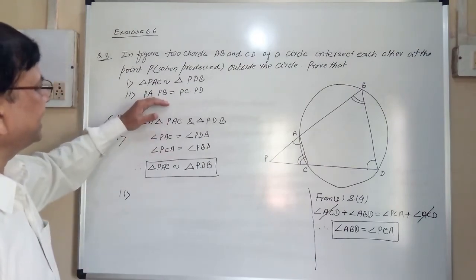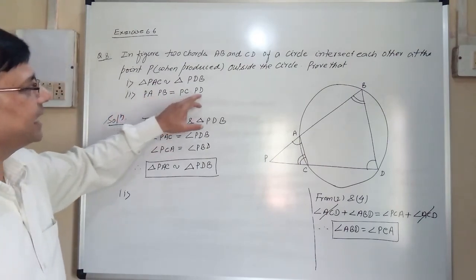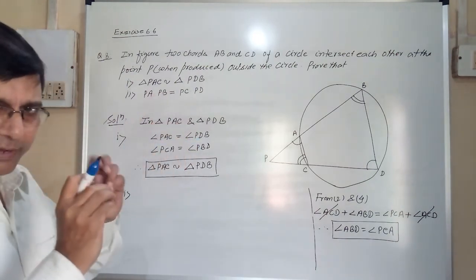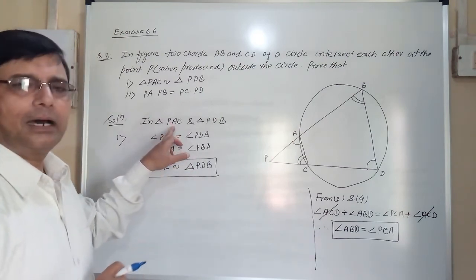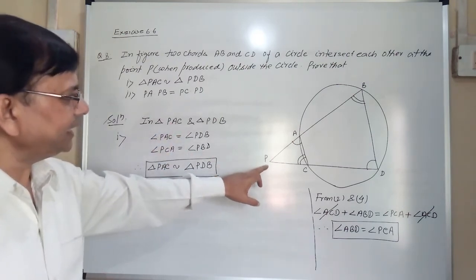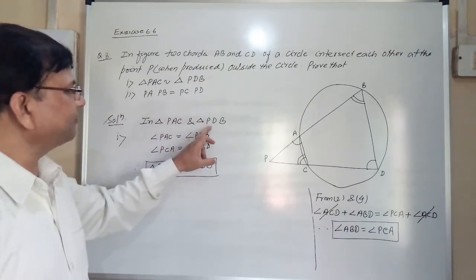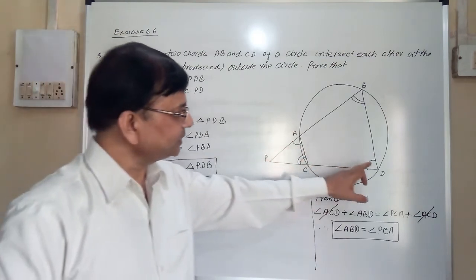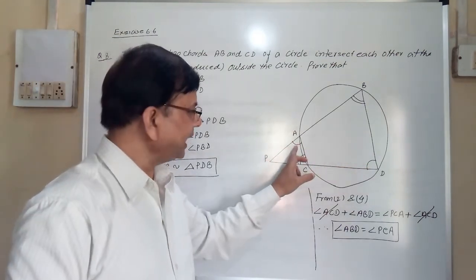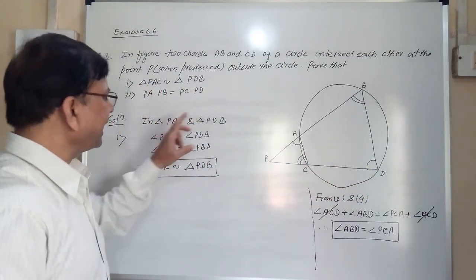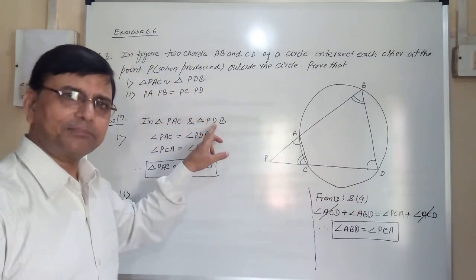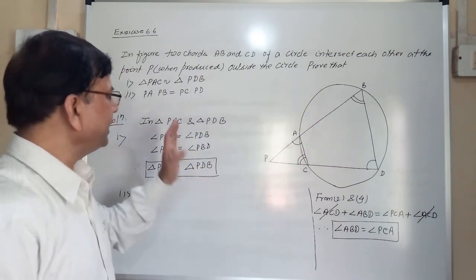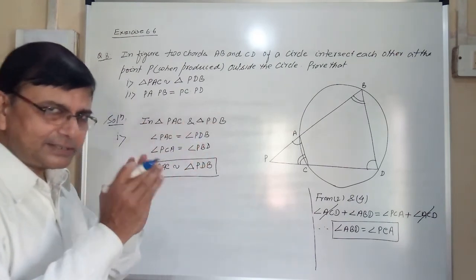Now we have to take up the second relation, that is PA, PB, PC and PD. Four sides are involved. In terms of corresponding vertices, I had named the triangles. You see P is common in both the triangles, so P will be the first letter in both cases. A corresponds to this angle of the bigger triangle, so A and D. The third, C, corresponds to B. So corresponding vertices I have taken.